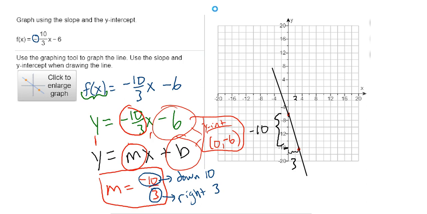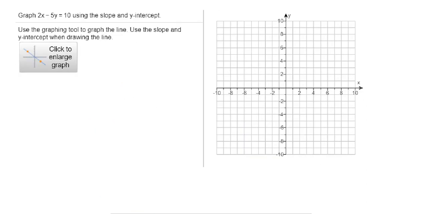All right, let's take a look at another example. Same question: find the slope and the y-intercept to help you graph this equation, which is actually kind of the hard way to do this problem. The easy way to do this problem would be just to find the x and y intercepts. But we've already done that, so let's talk about how you would do it this way with this new technique